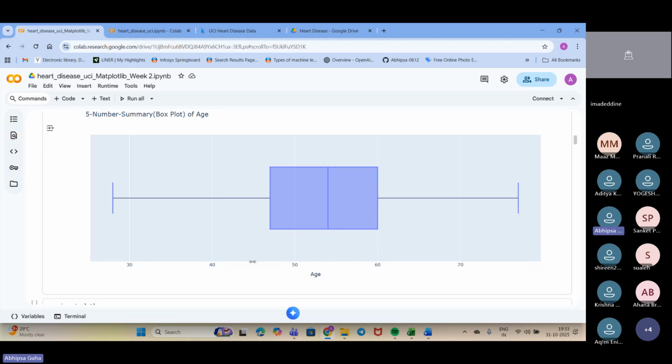So the Q1, that is the 25% of the data, and the 75% of the data that we are taking, we are getting. And for the missing values or the outliers, what median value we are putting in, that also we are getting. Right? So this is giving me an entire breakdown of the age category.